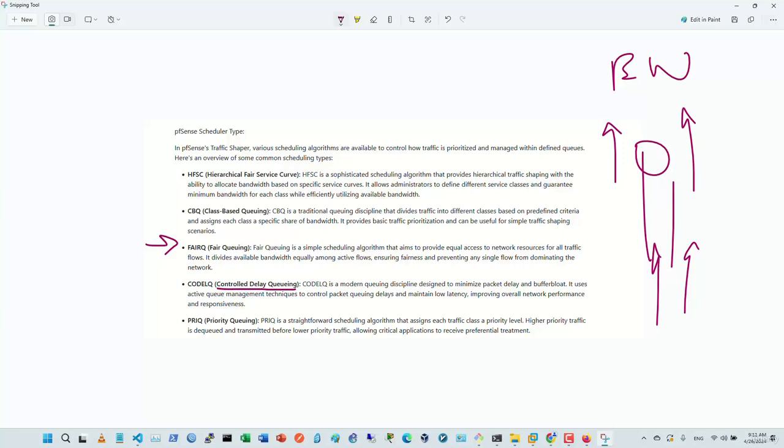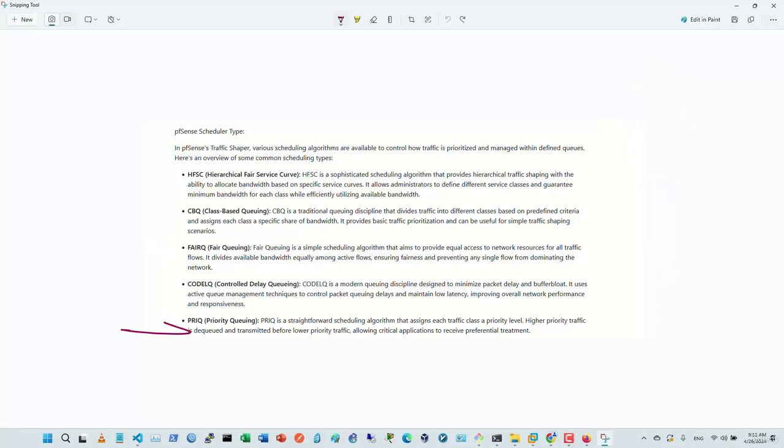It uses active queue management techniques to control packet queuing delays and maintain low latency, improving overall network performance. And another one, priority queuing, PRIQ, is a straightforward scheduling algorithm that assigns each traffic class a priority level, and higher priority traffic is dequeued and transmitted before lower priority traffic, allowing critical applications to receive